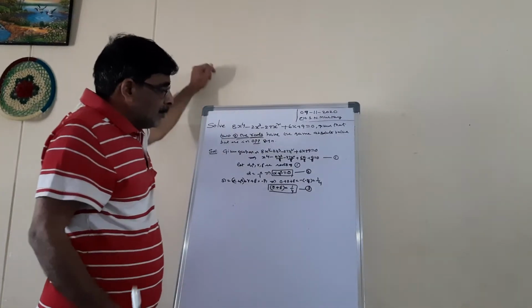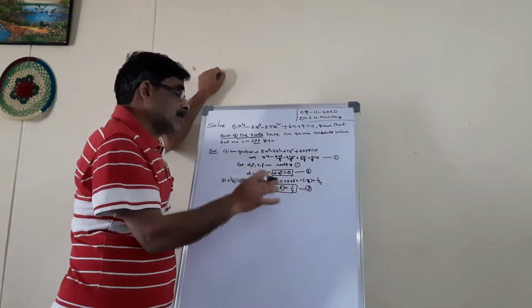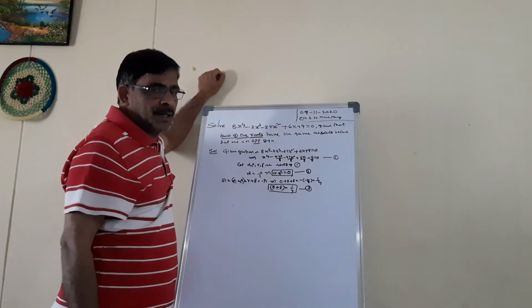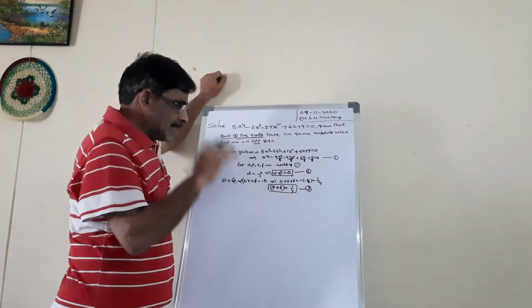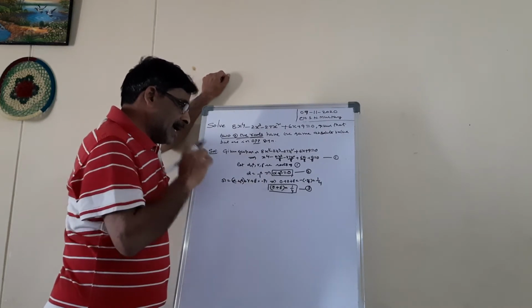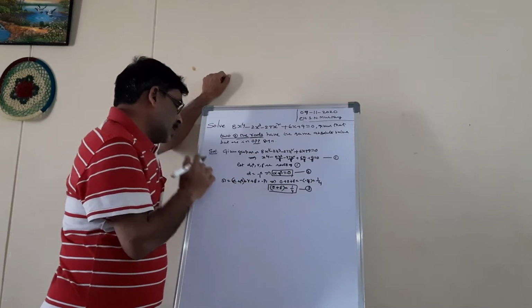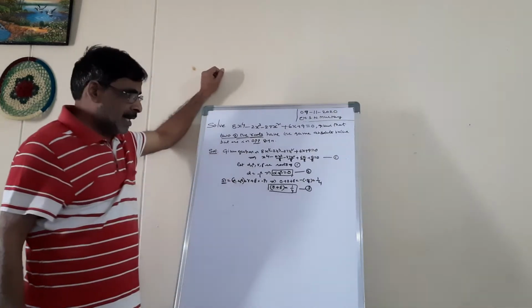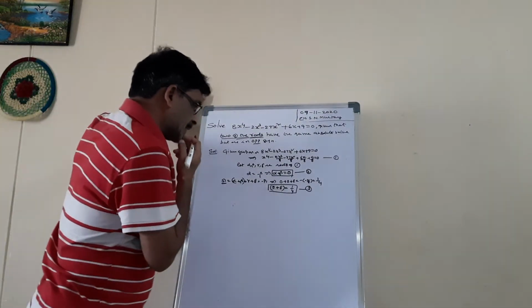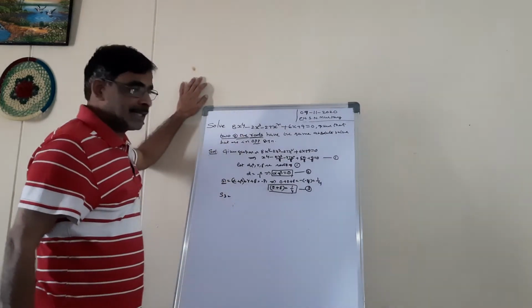Yesterday we did some problems where alpha plus beta is given to you. We find alpha minus beta, then we solve those two equations to get alpha and beta. Okay, same way. Now here, we have alpha plus beta equal to 0 and gamma plus delta equal to 1 by 4, two equations. Now we have S1. Now we have to use another relation, S3. Let me write S3. What is S3?